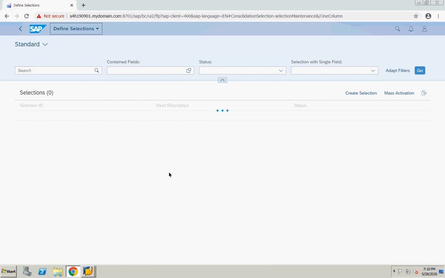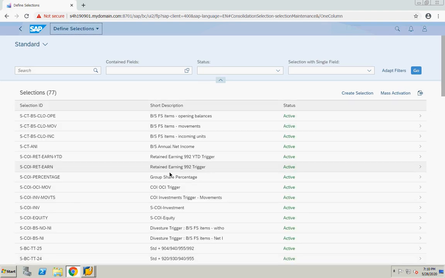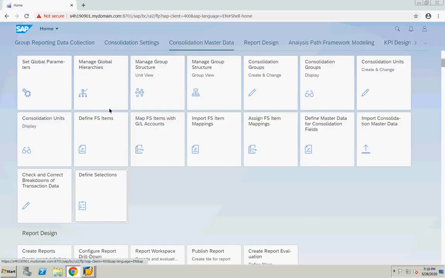Now, in this course, we are going to discuss how to create financial statement items. You can import from an Excel sheet, or you can create manually. Here are the selections delivered by SAP, and I cannot use those selections. What you have to do is go to define FS items.